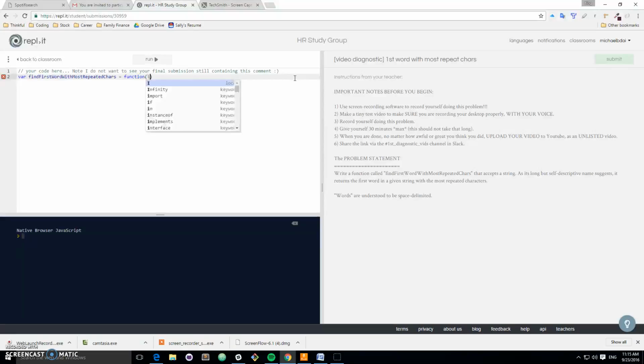So I'll say words string. Make sure the syntax is correct, and then I'll return. What I'm gonna return is one word, which is also a string. Okay, this is a typo, string. So return the